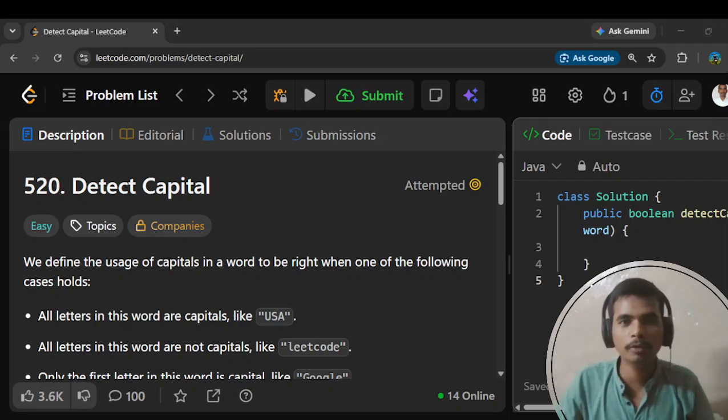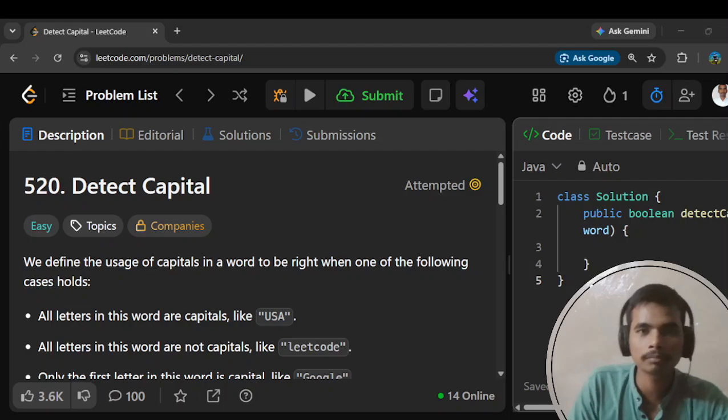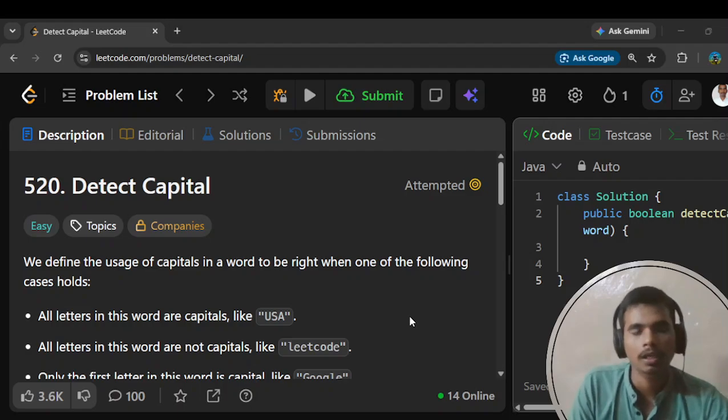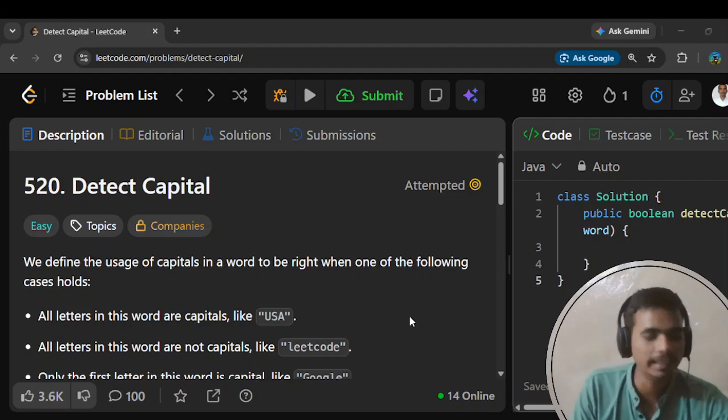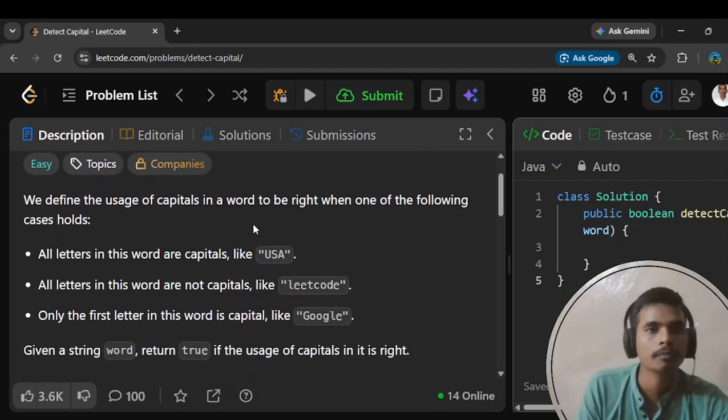हेलो गाइस, वेलकम बैक टू आवर यूट्यूब चैनल। और आज हम प्रॉब्लम सॉल्व करने वाले हैं LeetCode का प्रॉब्लम नंबर 520। बेसिकली जो प्रॉब्लम का नेम है डिटेक्ट द कैपिटल। तो चलिए सबसे पहले आपको प्रॉब्लम का एक्सप्लेनेशन करते हैं, फिर उसका अप्रोच समझेंगे, फिर उसके बाद उसका कोड लिखेंगे। तो चलिए शुरू करते हैं।